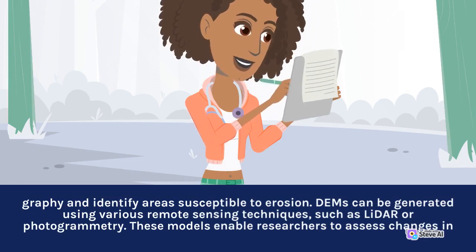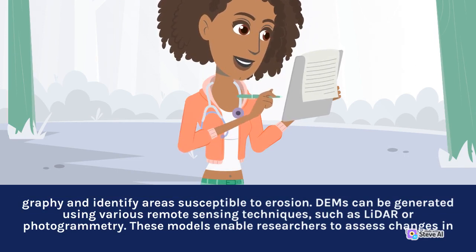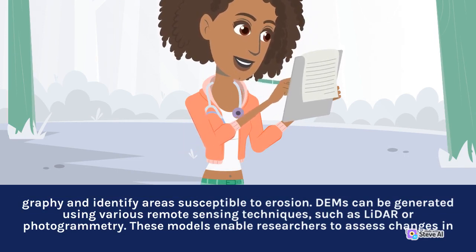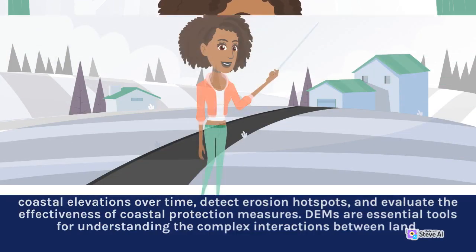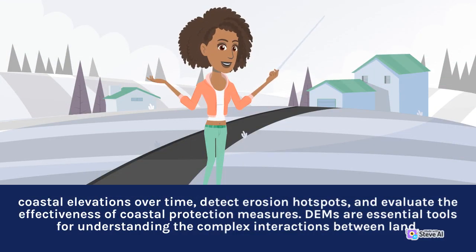DEMs can be generated using various remote sensing techniques, such as LiDAR or photogrammetry. These models enable researchers to assess changes in coastal elevations over time, detect erosion hotspots, and evaluate the effectiveness of coastal protection measures. DEMs are essential tools for understanding the complex interactions between land,